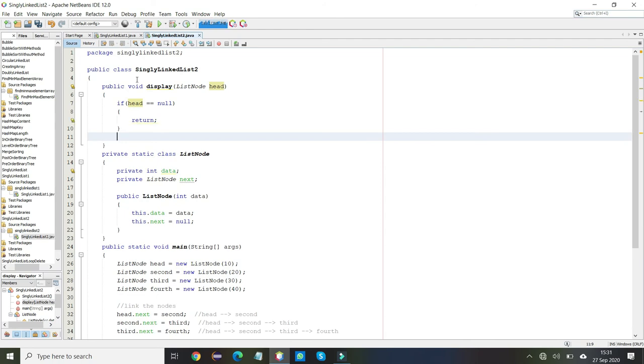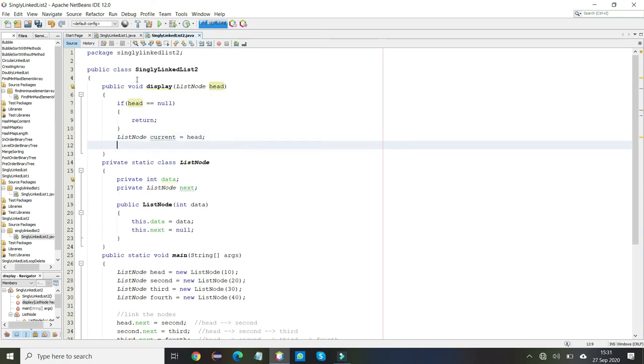If the condition is false, then you simply create a ListNode current which is pointing to the head. Now you have to create the while loop, and it checks the condition whether current is not equal to null or not.